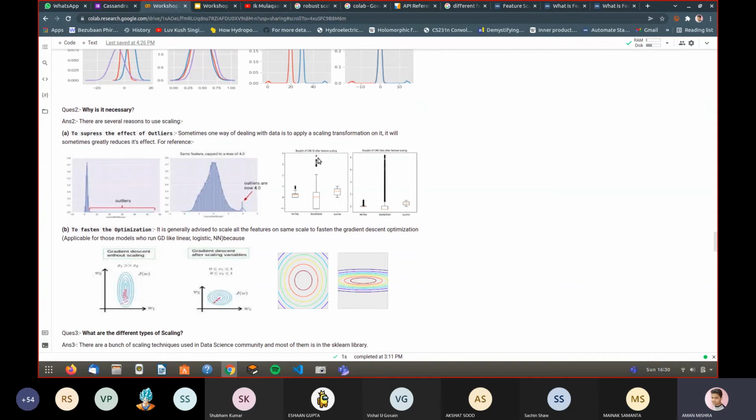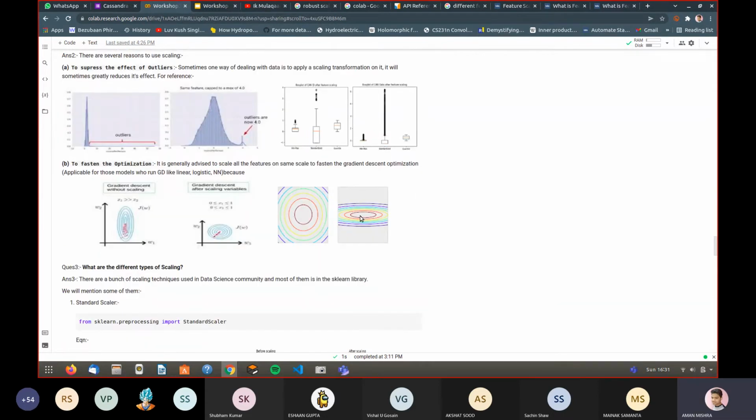Now comes the box plot interpretation. You see in this first figure, before scaling, the data set represents the outlier like this. But after scaling, you will see the outlier like this, but it is mostly scattered, meaning the concentrated part will go inside, and only the portion like here is now reflected in the zoomed version. So scaling, number one, affects the outliers, maybe helps in handling them. Number two, in fastening the optimization, though this is not valid for all types of models.